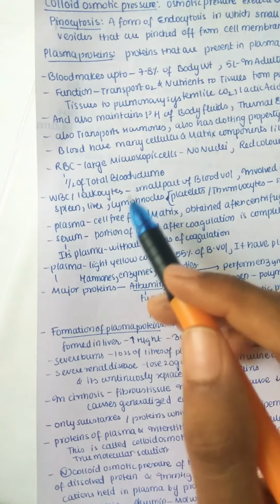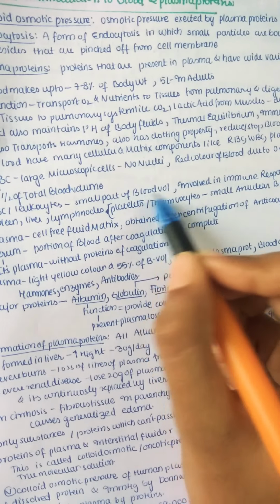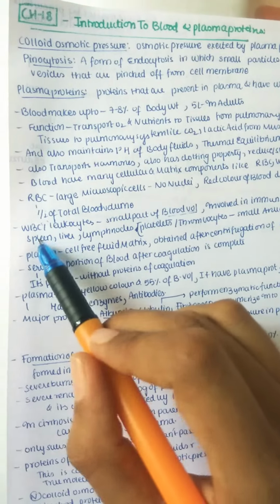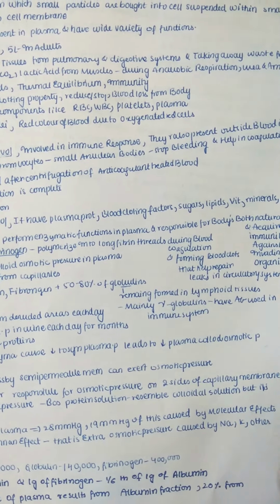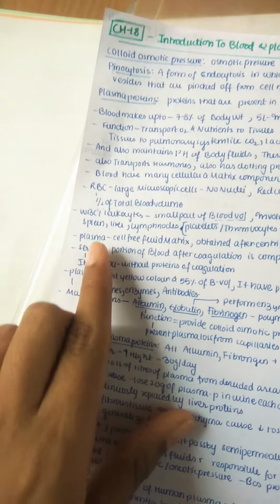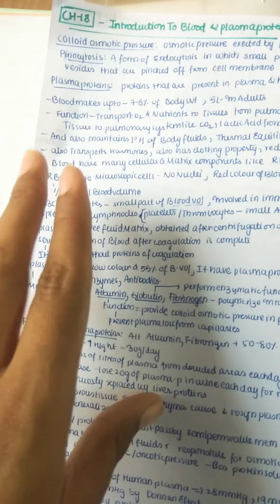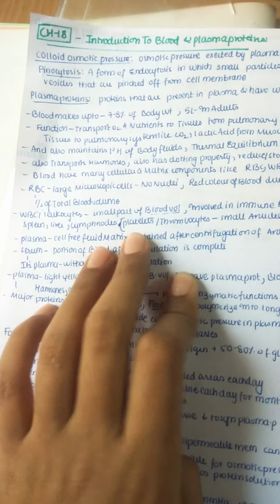And WBC. WBC are also called leukocytes or white blood cells. See, these are a small part of the blood volume. Remember, RBC take half of the blood volume, but WBC only take a small part of the blood volume, and they are involved in immune responses as we discussed. They are also present outside the blood. Think where outside the blood WBC are present, mainly in our spleen, liver, lymph node, all these areas. Why they are present over there, we'll see all those things later.